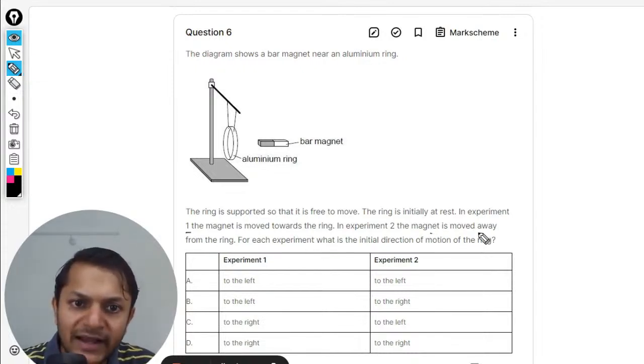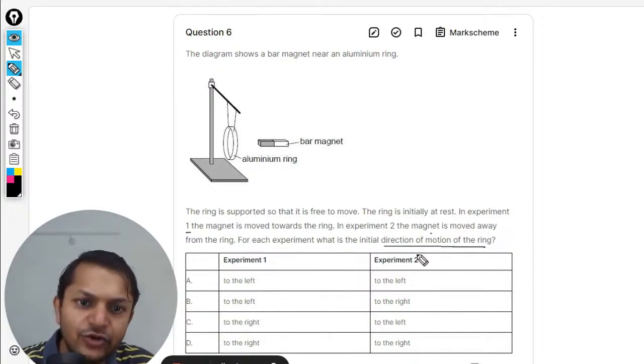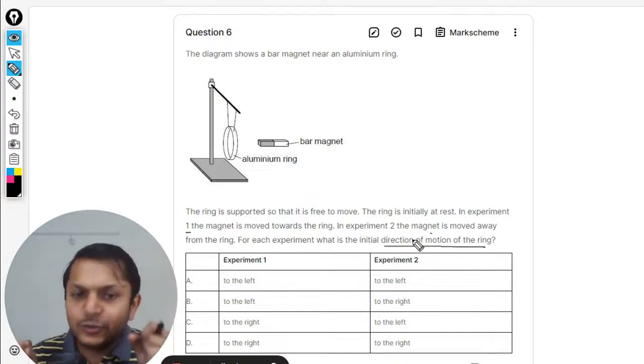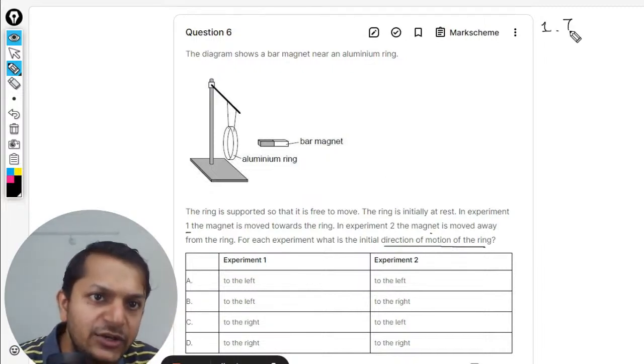In experiment 2, the magnet is moved away from the ring. In each experiment, what is the initial direction of the motion of the ring? My dear students, there is a concept here, and this is going to be very interesting. Just listen to this. When we talk about induced currents,